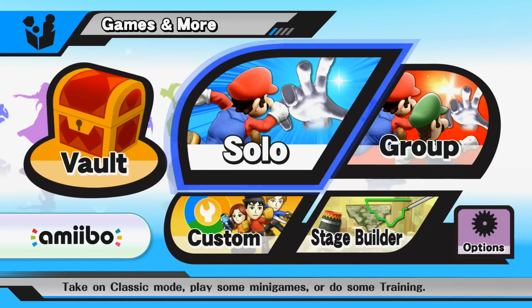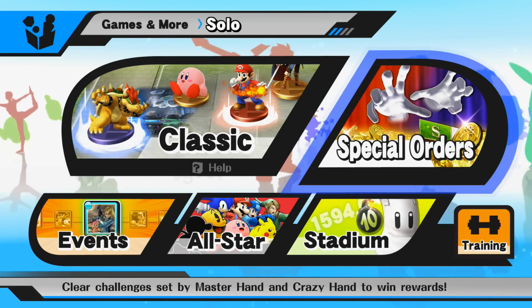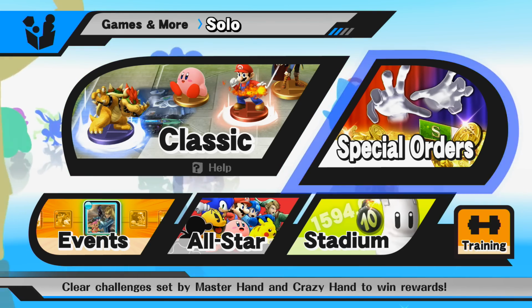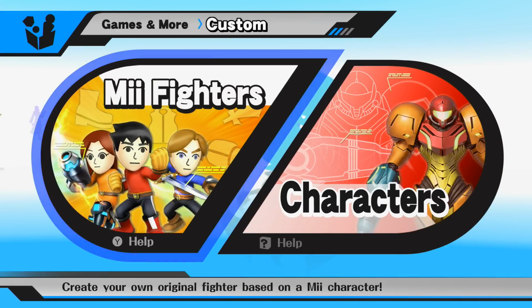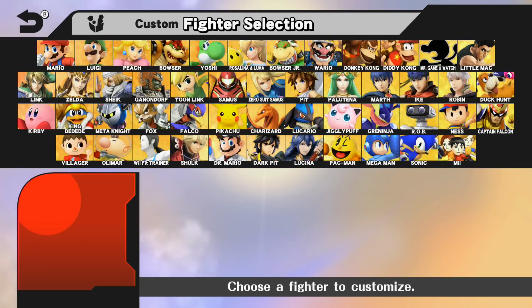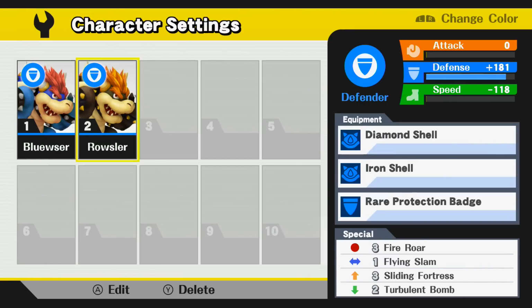Now, I'm going to give you a little backstory detail on this, but we're going to go to solo. And it is going to be crazy orders is what we're going to do. But before we do that, I'm going to show you guys who I use. Now, this was never one of my characters before, but he tanks like a boss in this. Now, you can use whoever you want, but I have Bowser here, and I have him decked out in